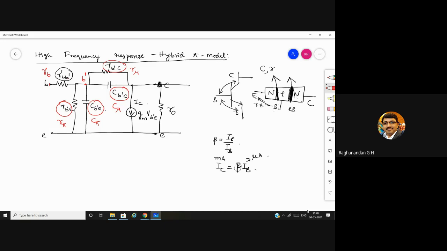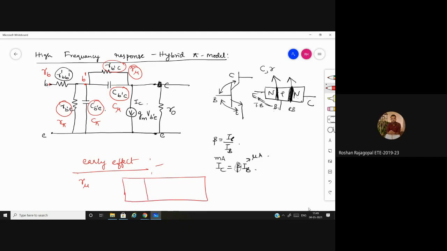Wherever we are having pi, r pi, all those things are known as hybrid pi resistances. I have already explained how we are going to consider this resistance, that you have to explain. But considering this r mu, you should explain one parameter called early effect. Does anyone remember what this early effect is? It should be explained while explaining r mu.